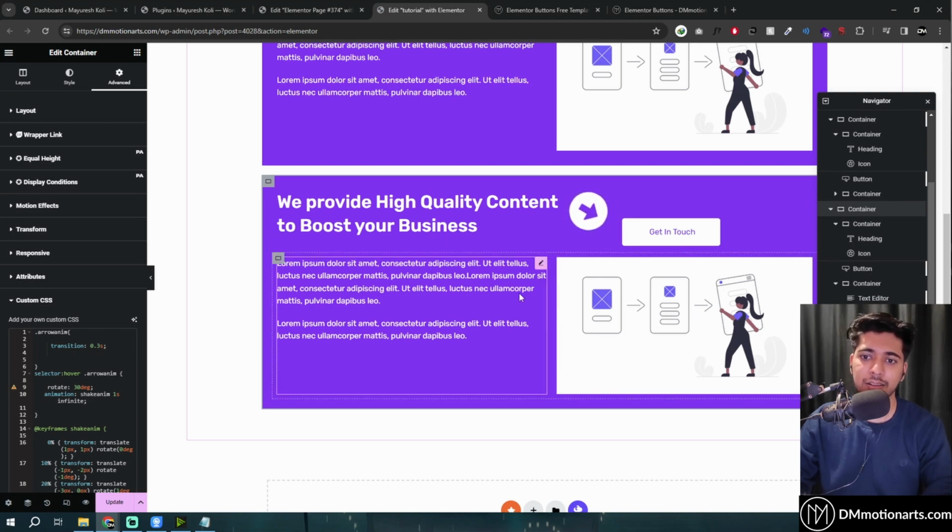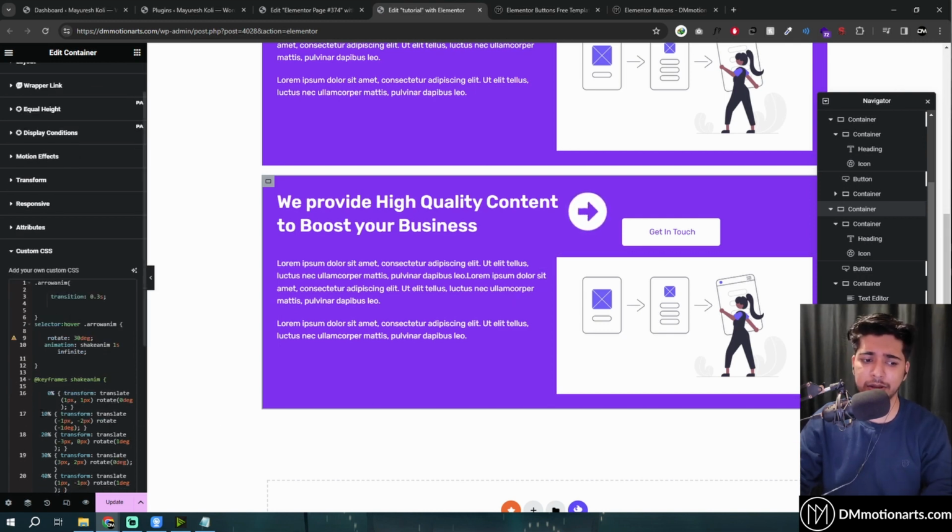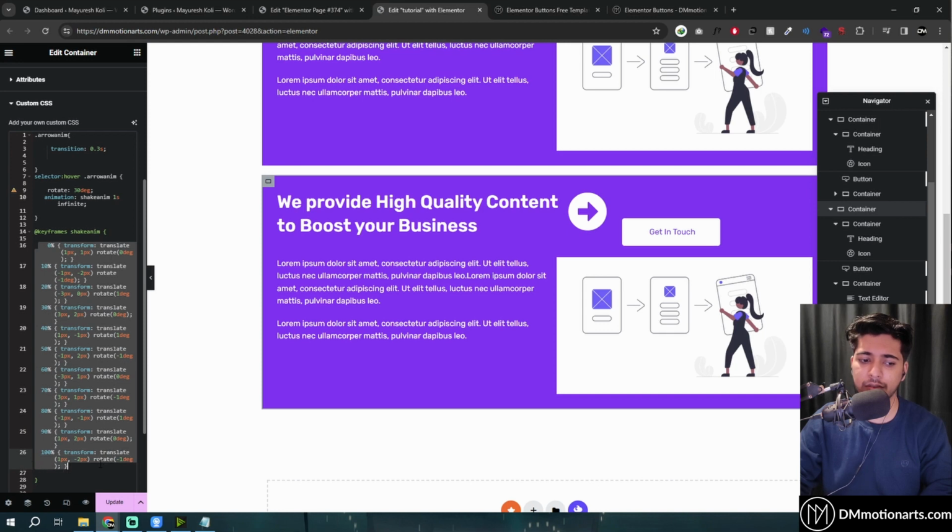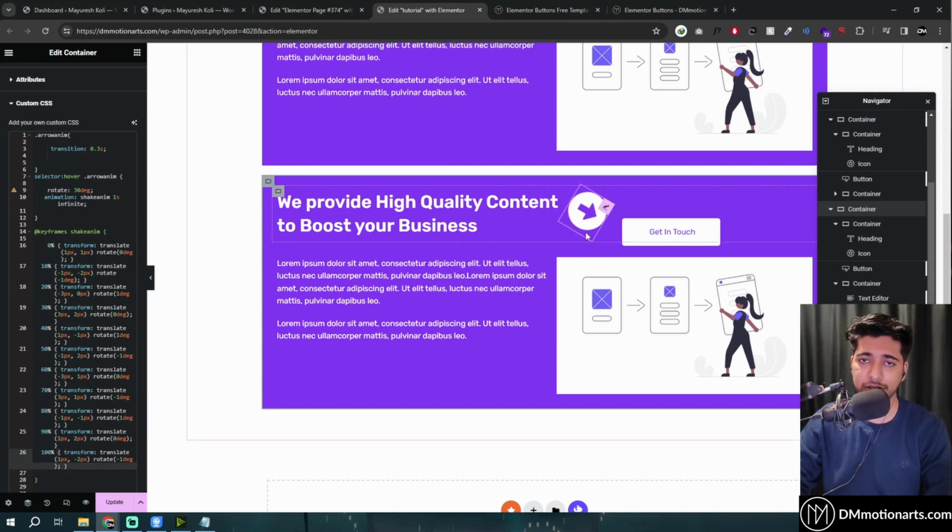So yeah, that's how you can make this crazy animation easily. And you could add any animation you want here. There's so many ways to animate it. Just look at CSS animations and you will find so many options. So yeah,